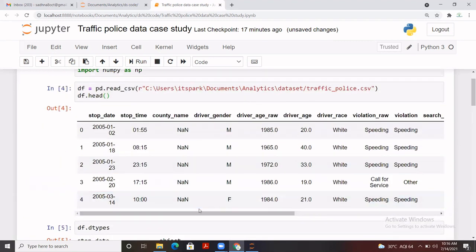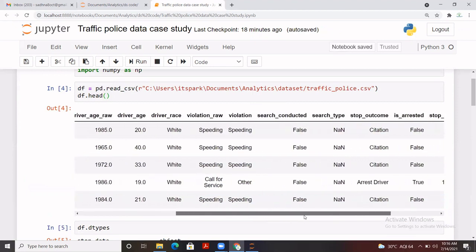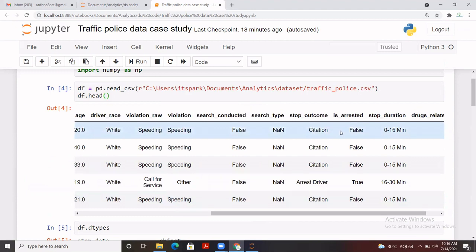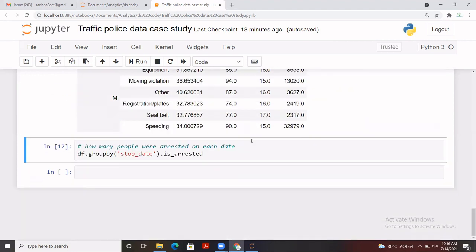It is a column name that gives us a value whether the person has been arrested or not, so we are going to use that one here. We want to find the total unique records with their counts, so I have used value_counts with that.